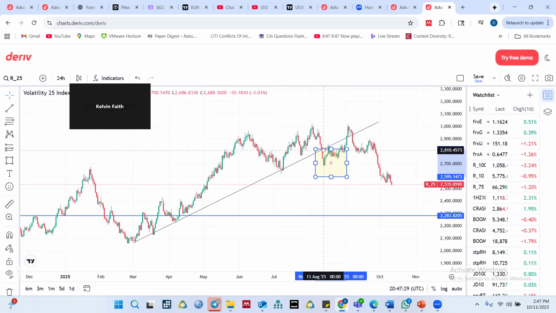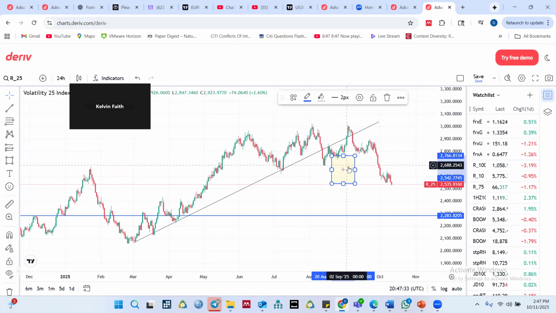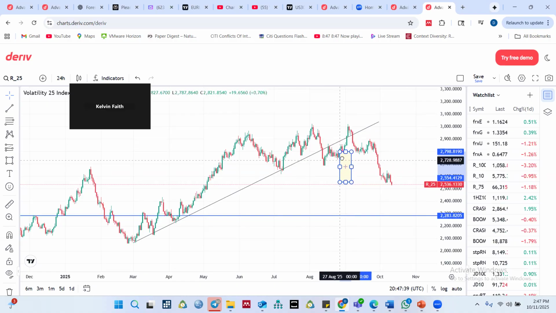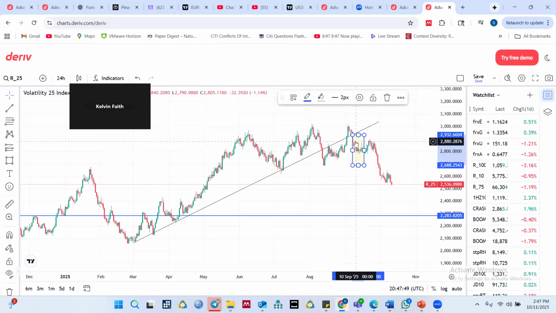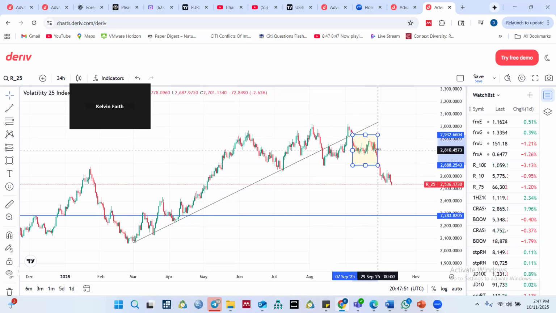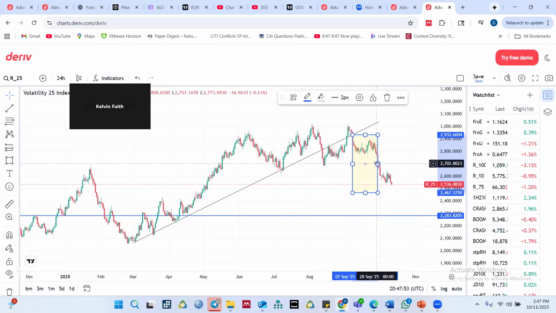Breaking it should have been a sell, a retest should have been a sell, a drop. This should have brought us down, but it didn't come down. It went up again and closed above it. Now it closed above it, telling us it wants to keep going up, and then it comes back to close below it again. And then from here, we have been seeing a sell. So you see what happens